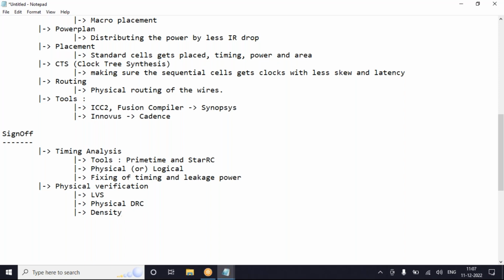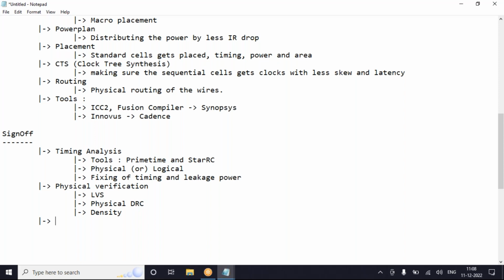This will be observed and fixed and again provided as an ECO to that particular PNR. Timing ECO, physical verification, where you are observing all the physical entities, physical objects, whether everything is good or not. That means metal density, area density, everything you need to check, such that it doesn't lead to any kind of manufacturing issues.